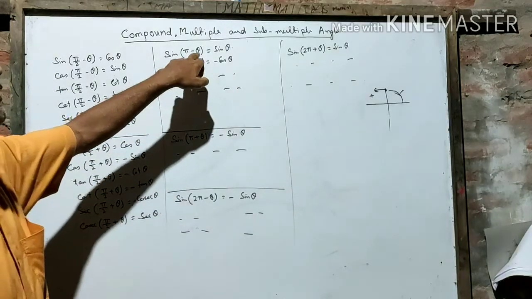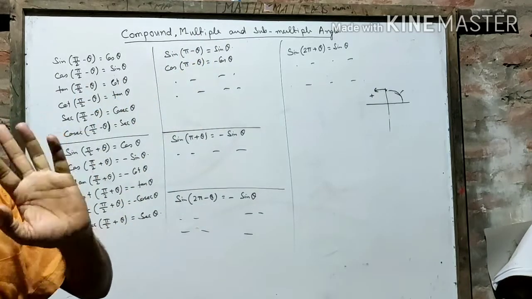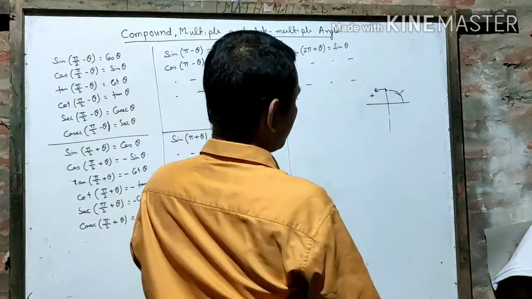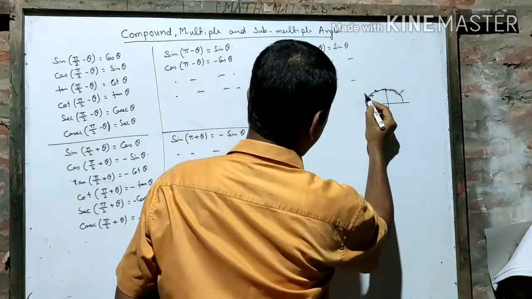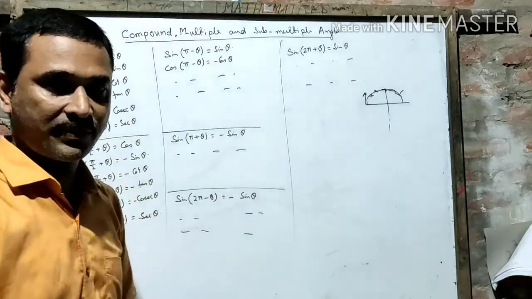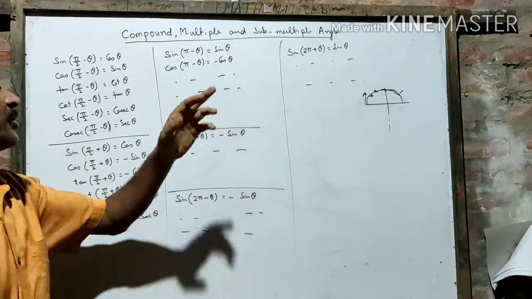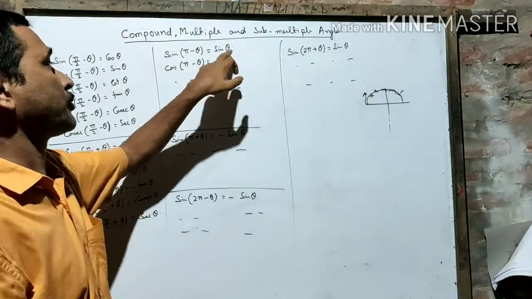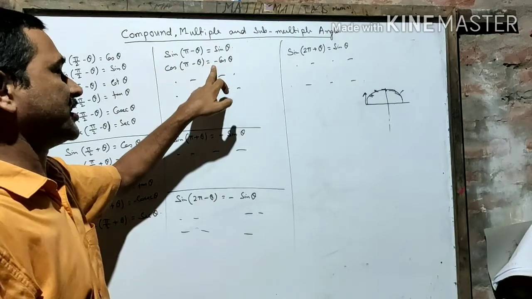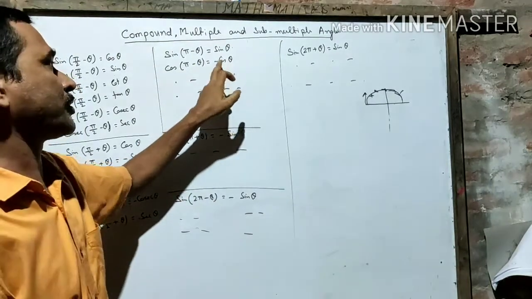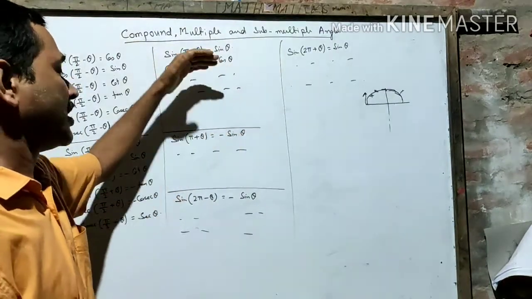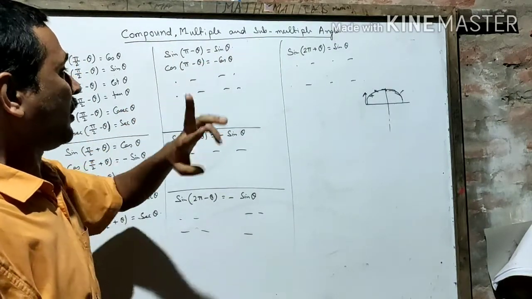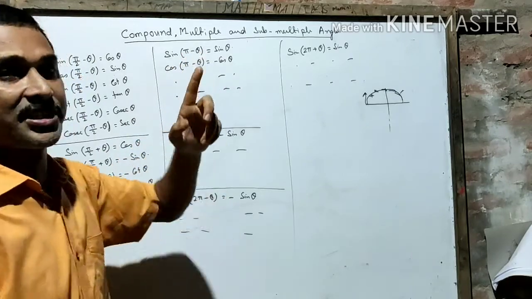Then sine of pi minus theta. Pi means 180, 2 into 90, so there will not be any change. And pi minus theta, 180 minus theta, is in the second quadrant. So no change and second quadrant. Sine will be kept as sine, and in the second quadrant sine is positive. Cos of pi minus theta: cos will be kept as cos, and in the second quadrant cos is negative, so minus. You do all the rest of the 4 trigonometric ratios. What you have to remember: no change and second quadrant.